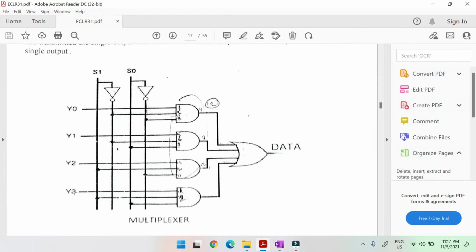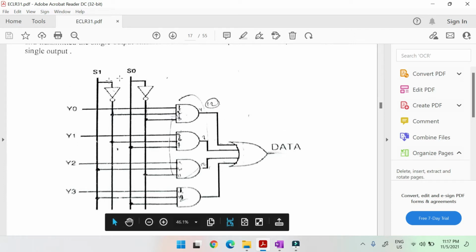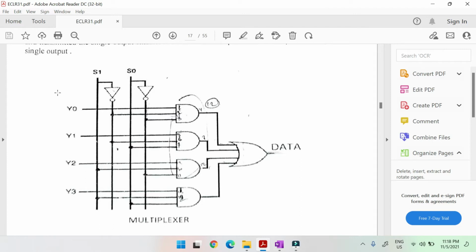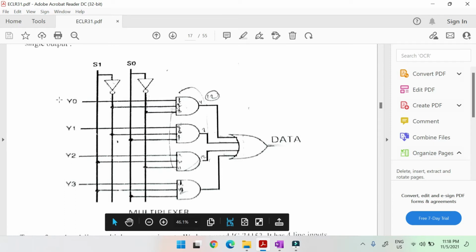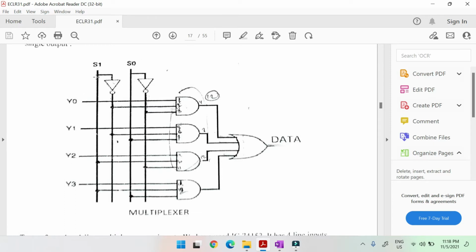In this circuit we have 4 inputs and we have 1 output and 2 select lines. So this is the example of 4 cross 1, and this is what we are going to design in our Java breadboard simulator. So to design this, what we require? We require 4 inputs, that is we will take as a switch. Similarly we require 2 select lines, and along with this we have to make the complement of these, that is we require an inverter, and we have to add all this input and select lines, and for this we require 3 input AND gates, and total 4 AND gates we require.